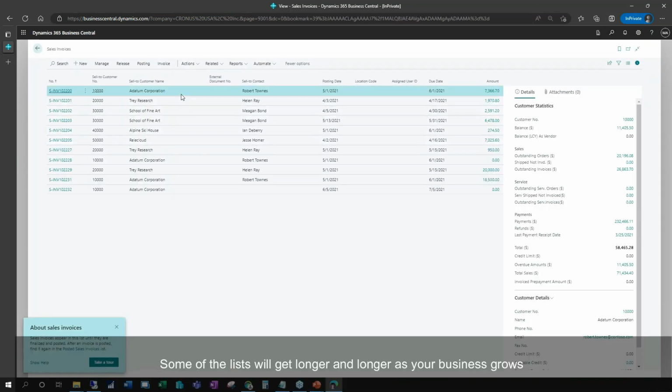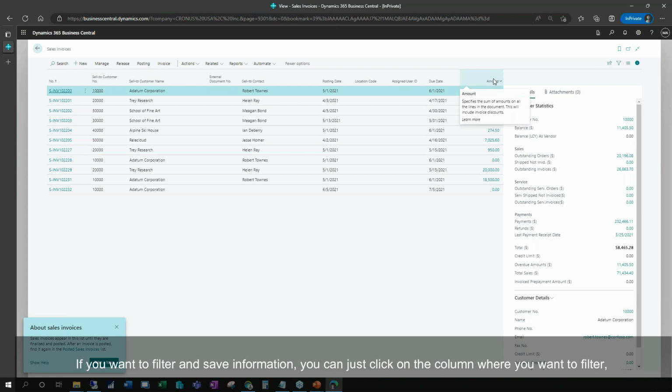Some of the lists will get longer and longer as your business grows, and it's harder to see that information on the screen if you want to filter on certain information. So Microsoft has a new feature where you can save certain views that are filtered. If you want to filter and save information,